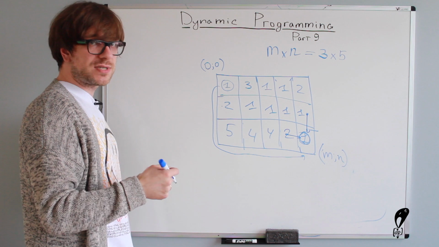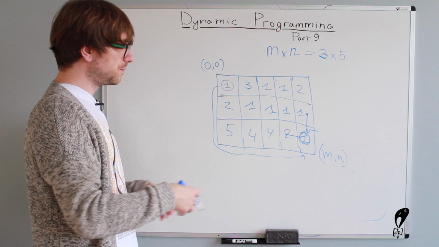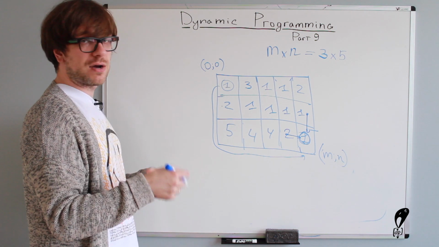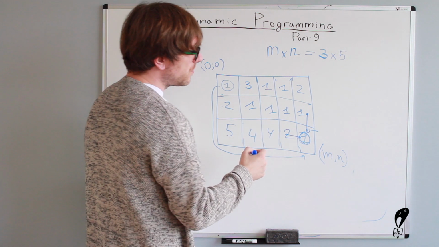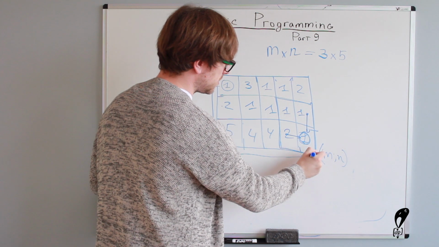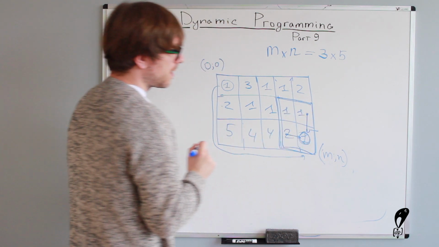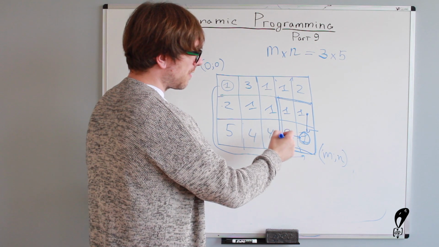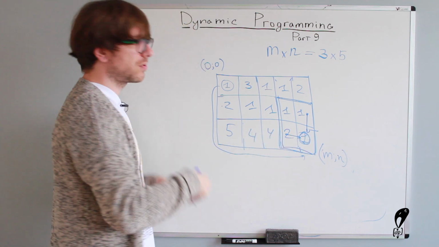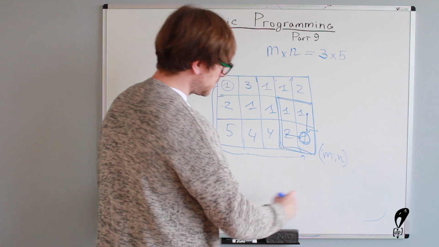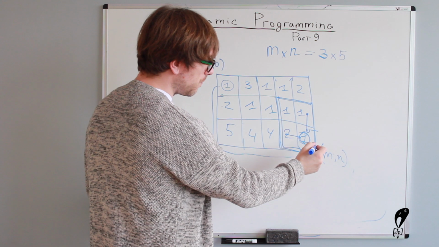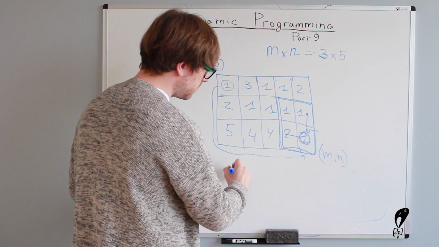So if we're here, we could get there either from the top or from the left. But we are no longer counting things, we're just collecting profit. So we want to get the most amount of profit. So let's say we would review this small problem, like if the matrix is just this size. We would have to get to the last point from the most profitable so far. So it means we would get from the maximum between the top one and the left one. So it would be the max